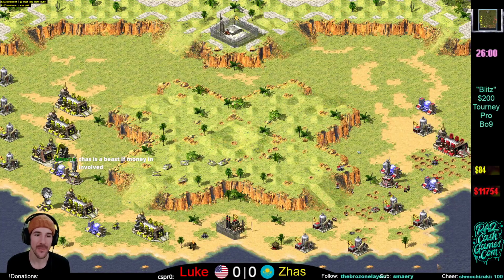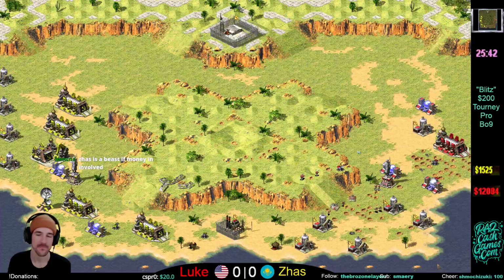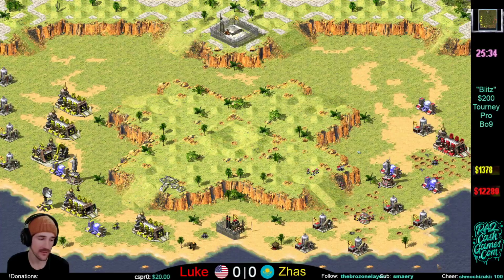Zhas says, I go back and make nuke, or you can quit. Which is kind of funny. I mean, I guess make him go back and make the nuke. Who cares? Yeah, I mean...